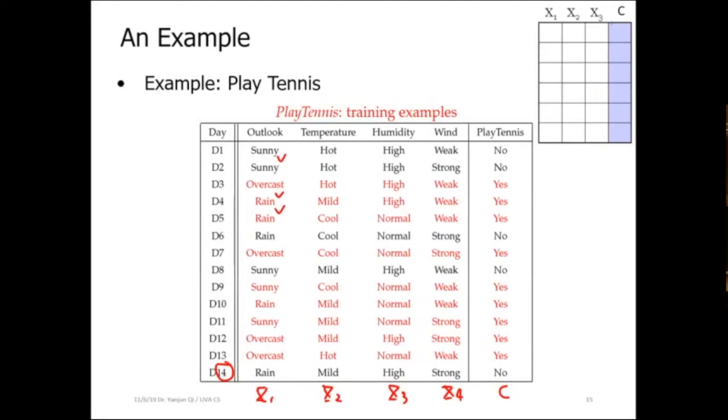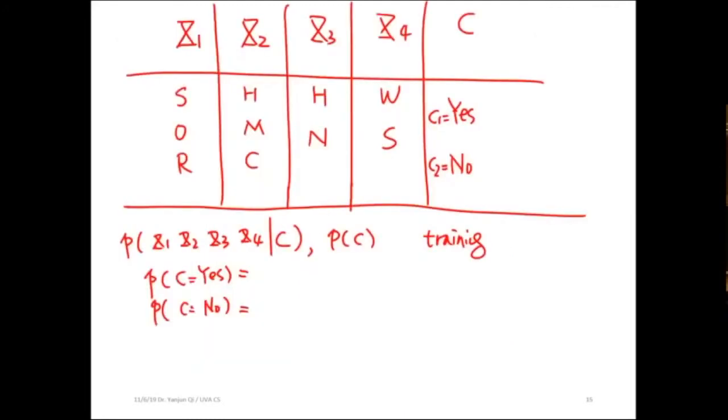And in total, I have 14, which makes it pretty easy: the number of times I see yes over all the possible observations, the training size, which is 9 over 14. And P(C equal to no) is extremely easy because it's 1 minus P(yes),